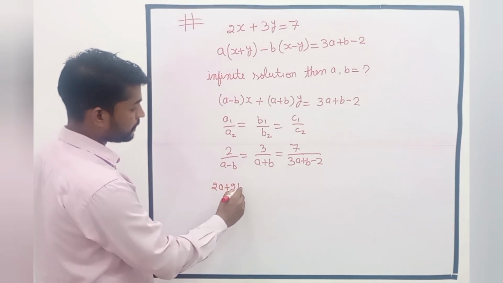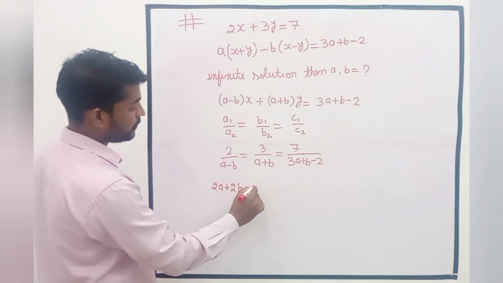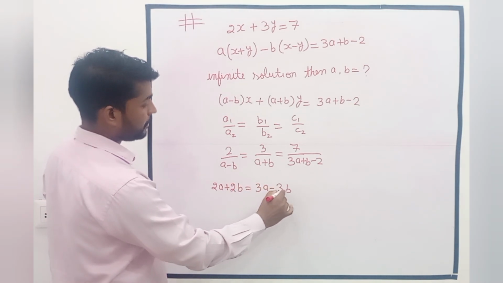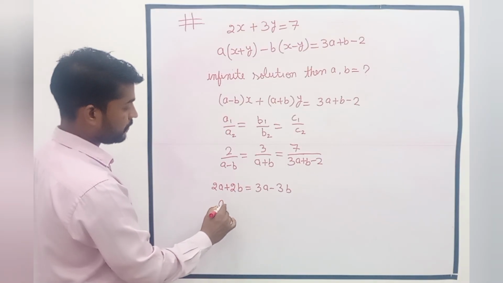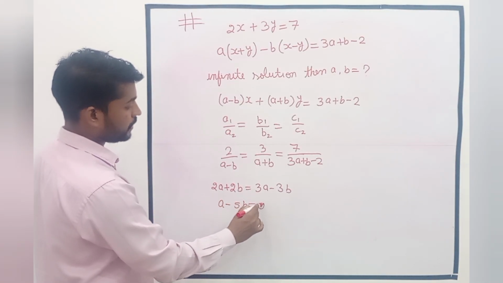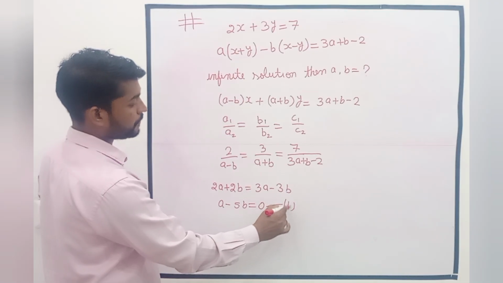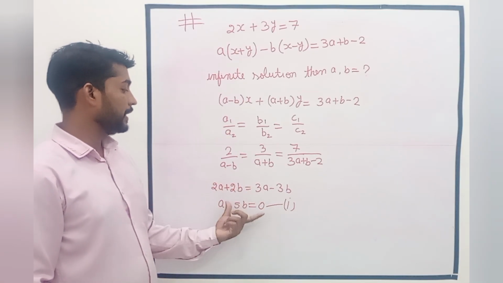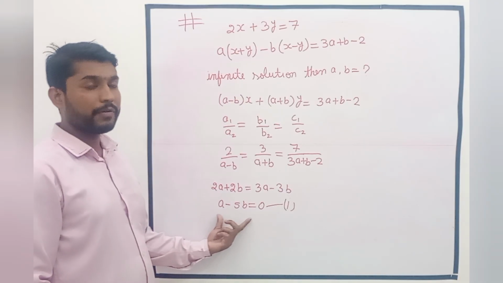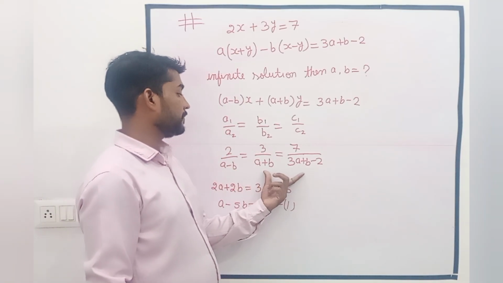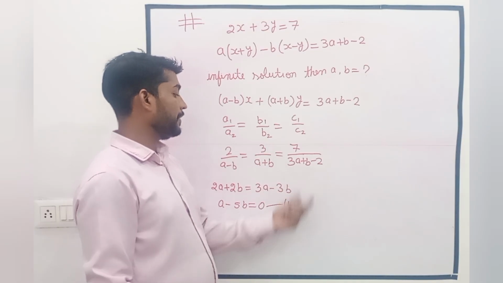2a plus 2b, and from here 3a minus 3b, and arrange this as a minus 5b equal to 0, and this is equation 1. And we have the same for these two equations, and then we have an equation in the form of a and b. Again repeat the steps and calculate a and b,